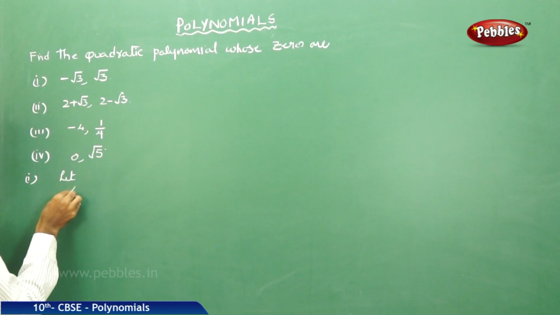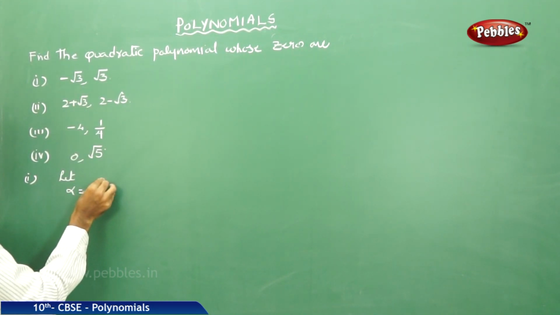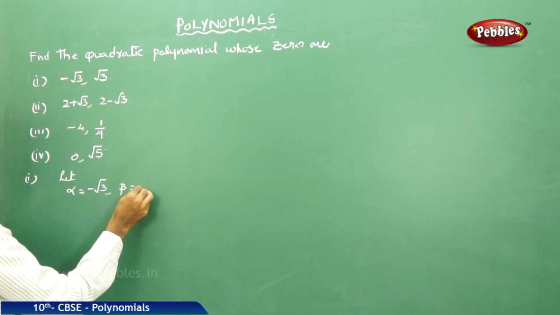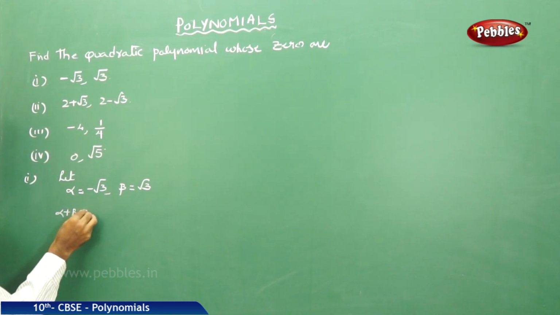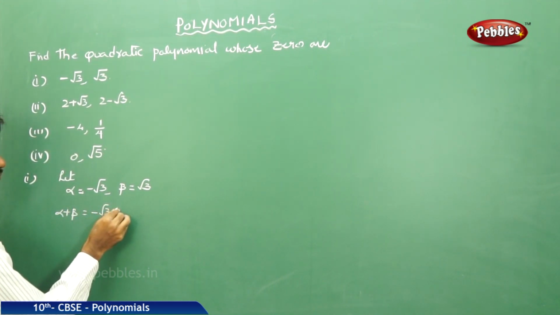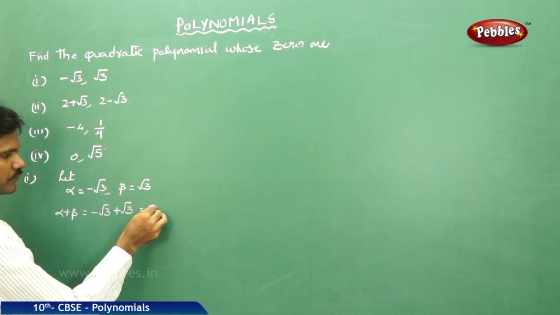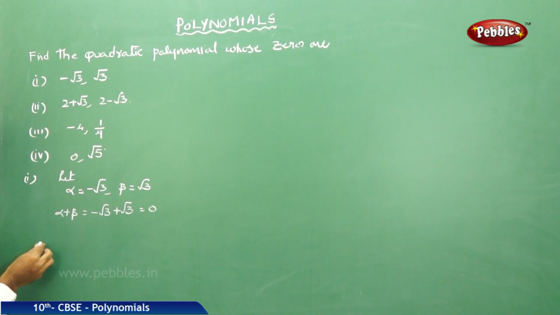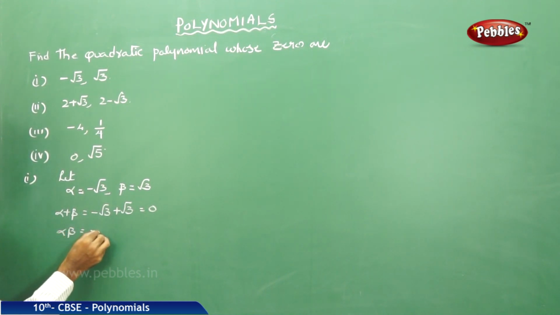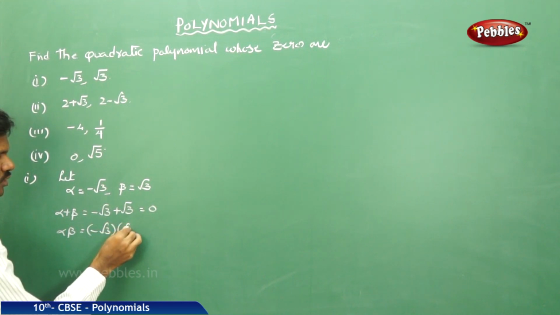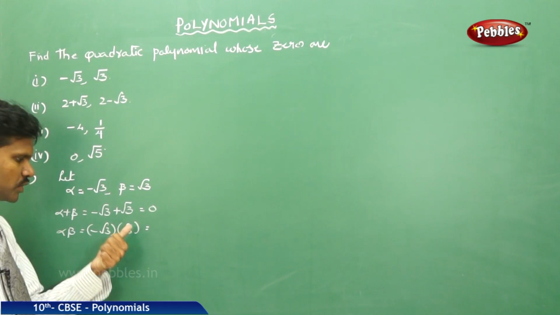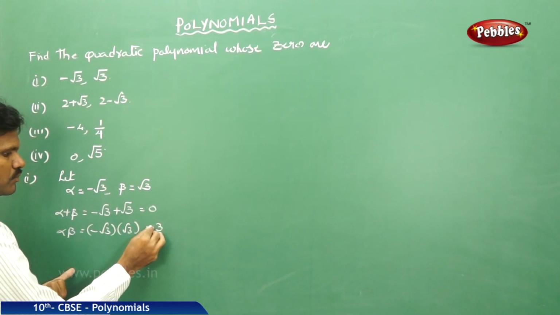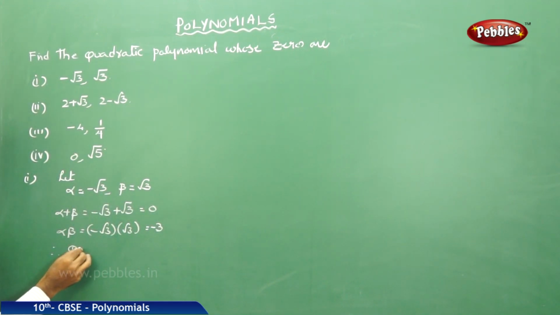Let alpha is equal to -√3, beta is equal to √3. Now alpha plus beta is equal to -√3 plus √3, you know very well, which becomes 0. Next, alpha beta is equal to -√3 into √3, that is root 3 into root 3, that is root 3 whole square, which will give you 3, again that is -3. Therefore, the quadratic polynomial is